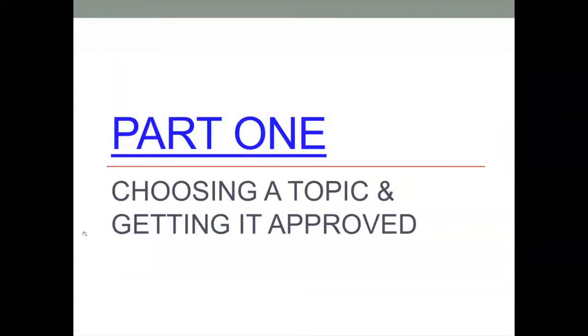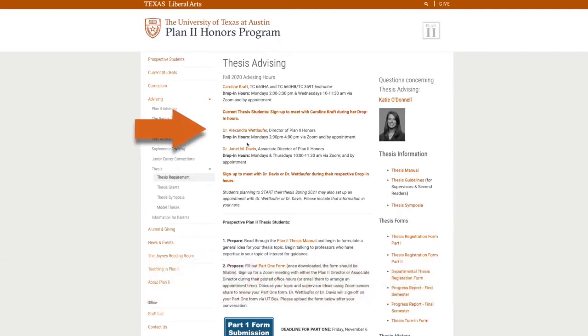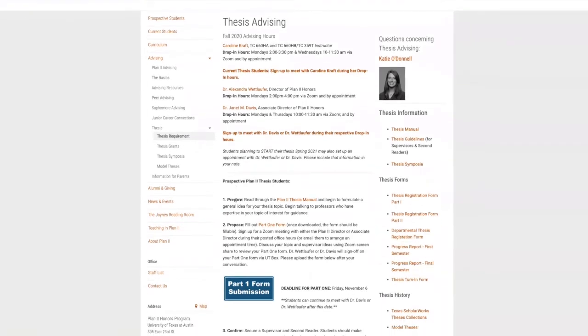So, where to start? We recommend starting on the Plan II thesis website, which can be found under the Advising tab. And that's where we're going to get this Part 1 form. This website will be helpful to you for the next 3 semesters. A bookmark is not a bad idea. Note the various components of our website, such as our thesis advisor office hours, a sign-up form to schedule topic-approved meetings with our faculty advisors, in this case, Dr. Davis or Dr. Wetlaufer, a step-by-step description of the registration process,